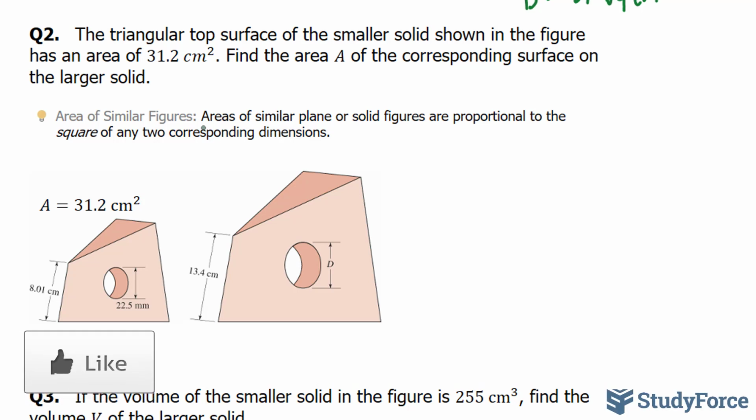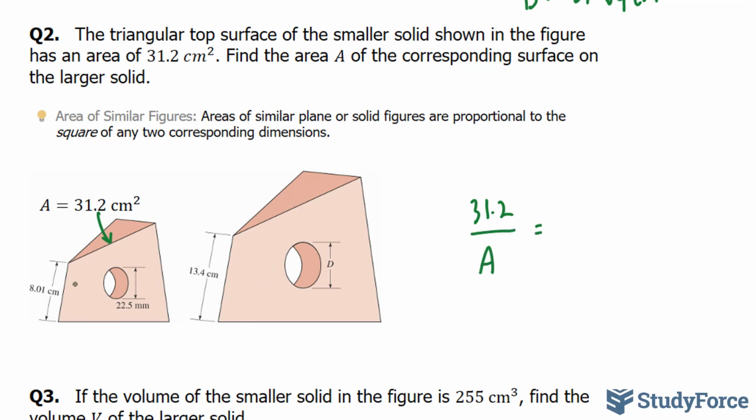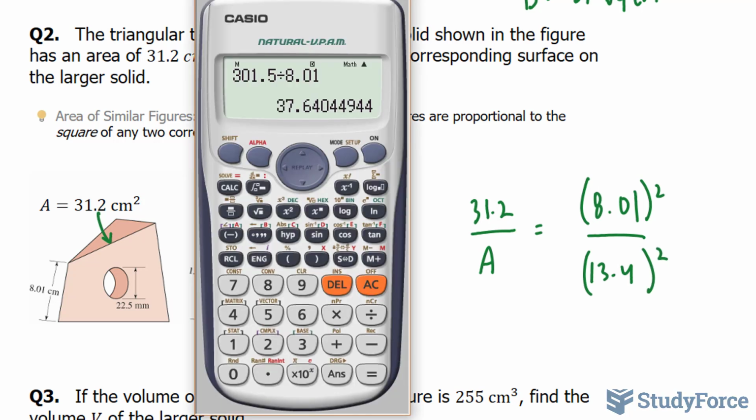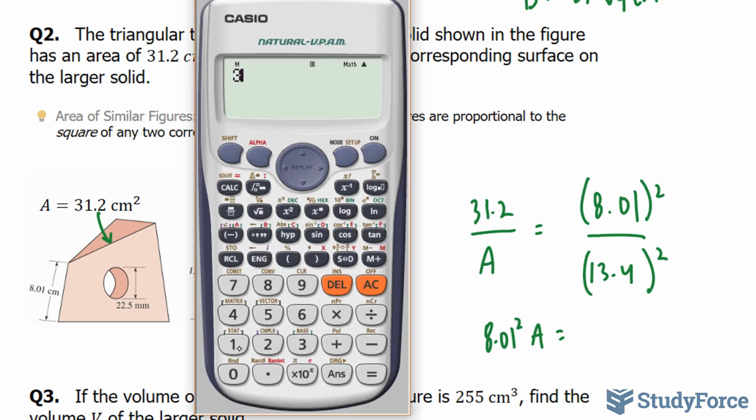What we will do is compare this area, 31.2, to this area, which we'll call A, and I will compare 8.01 of this figure, and it needs to be squared with 13.4 of this figure. Let's go ahead and find out what A is. A times 8.01 squared is 8.01 squared A, and 13.4 squared times 31.2 is 31.2 times 13.4 squared. We get